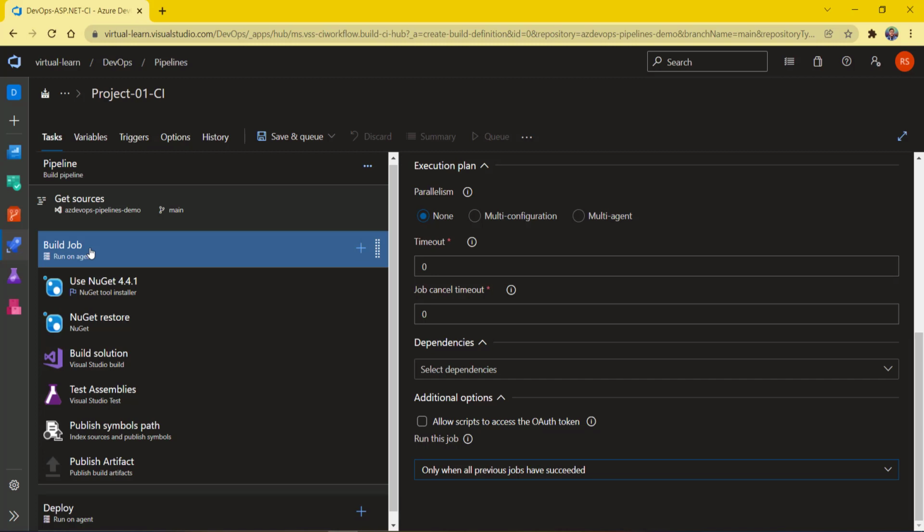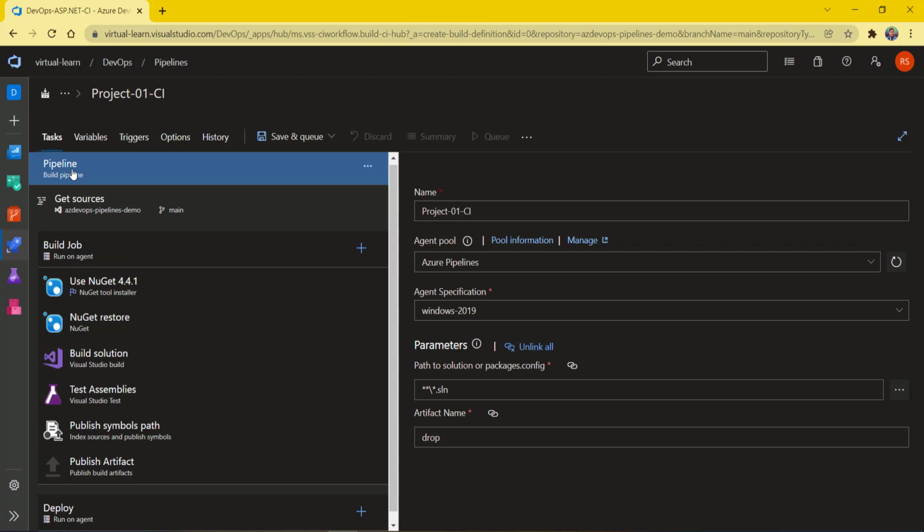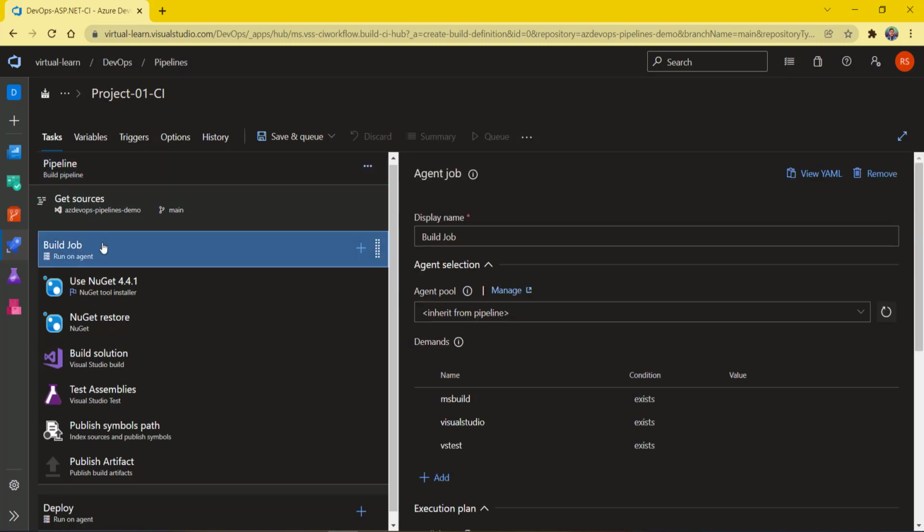Okay, now coming back to the inside story of the job. So we can see here that in the pipeline, the pipeline is called a stage. Each stage could have multiple agents or multiple jobs. Agent is also called job. And then within the job you could have multiple steps. Each step is called a task, which you may want to run